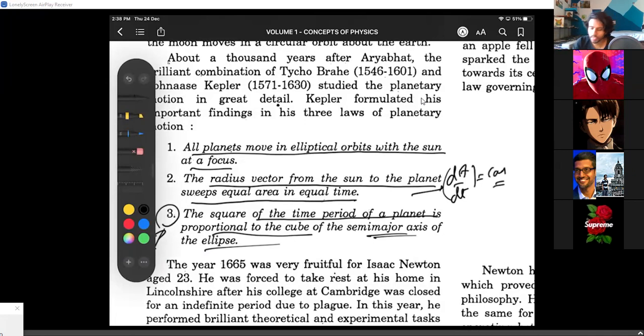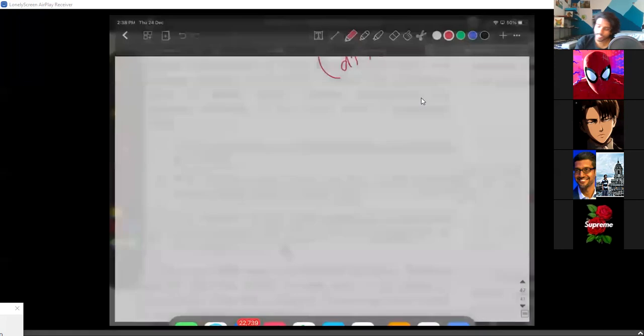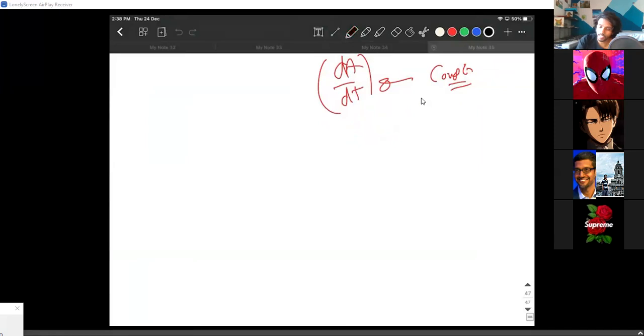Now the third statement is an important statement, and we are not really going to see the proof at this point. The square of the time period, do you remember this? It is proportional to what? In a circular orbit, it is R cube, sir. In a circular orbit, it is basically R naught cube. Here it says the cube of the semi-major axis, so A cube. Yes, sir. So that is the third statement. We are not going into the depths of this statement right now. T square is proportional to A cube.